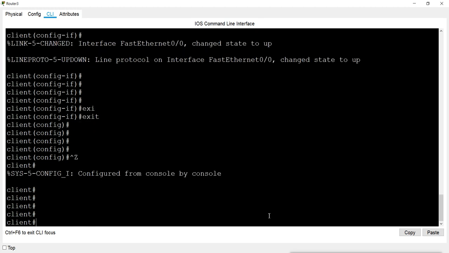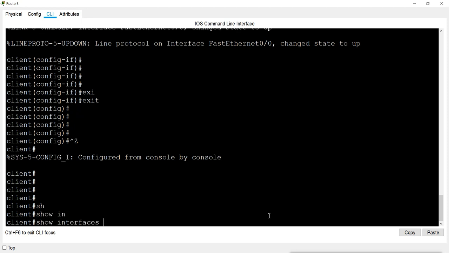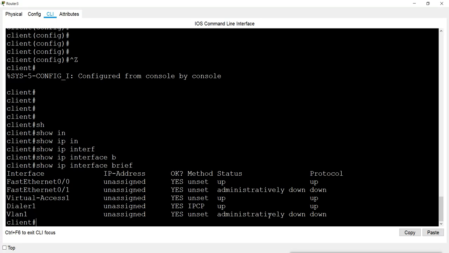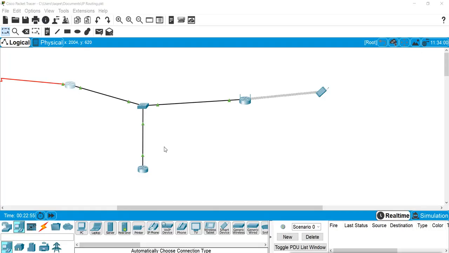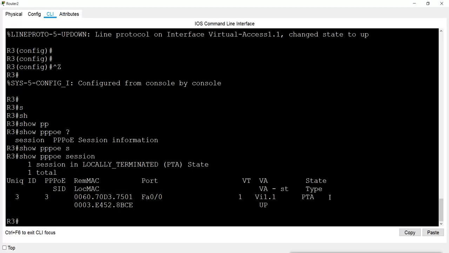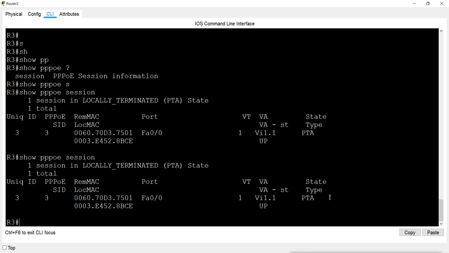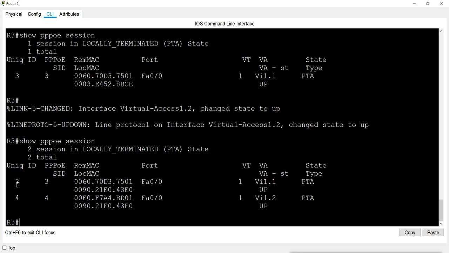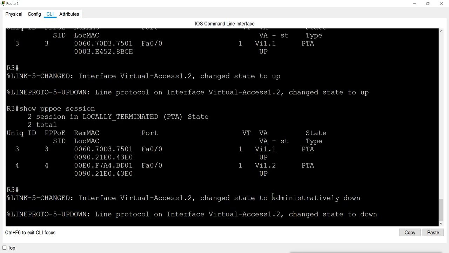And this one has now also become a client. And again virtual access 1.2 is up, and now we can see there are two connections now.